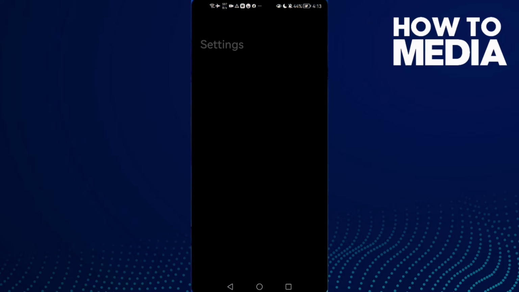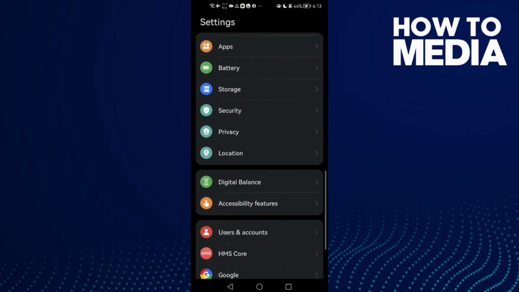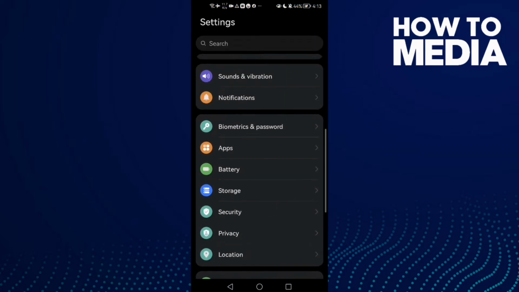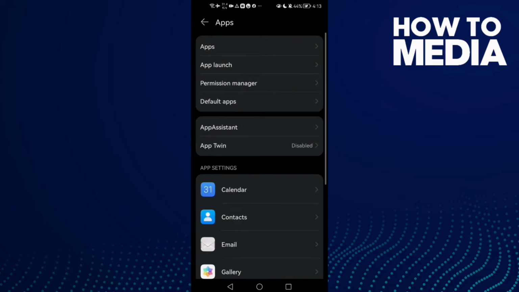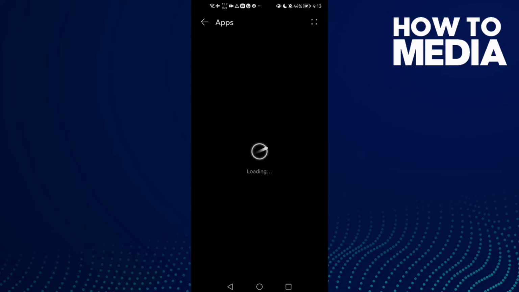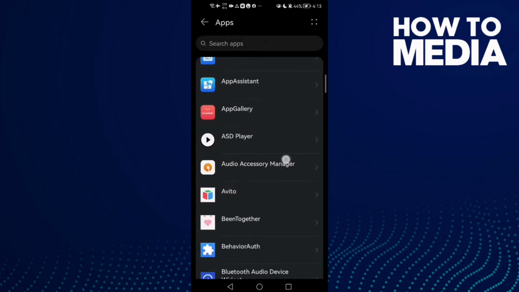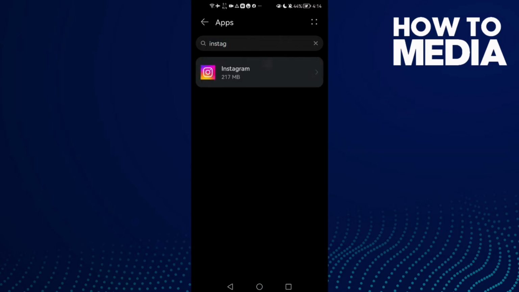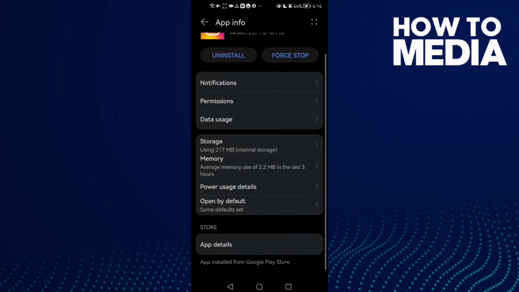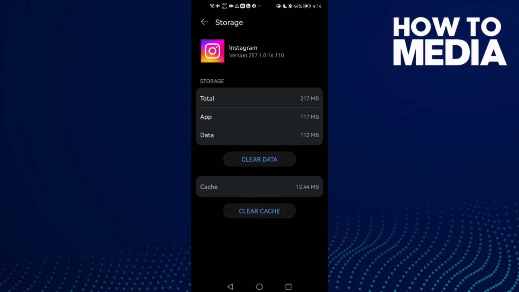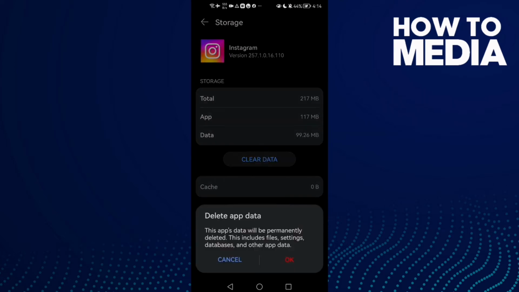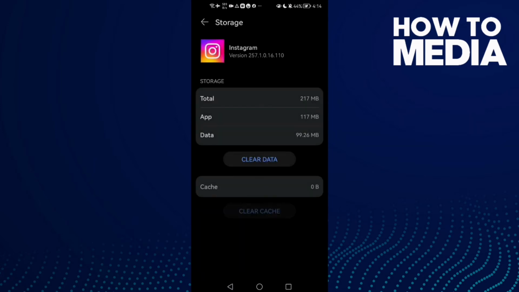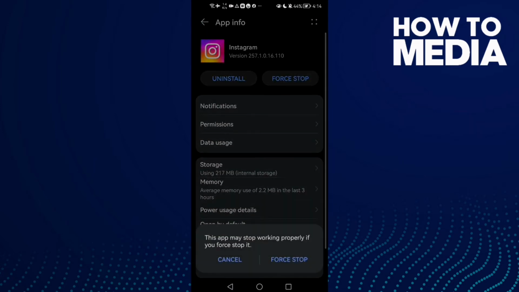First, open settings and then scroll down until you find apps, and then click apps again, and here you will find Instagram. Click on it and then click storage, and now just click clear cache and clear data. Click OK, and then force stop and restart your phone,